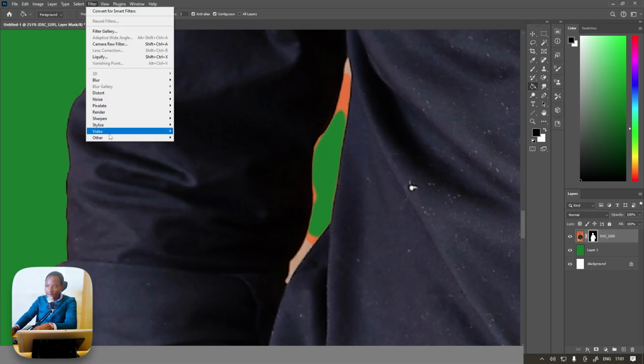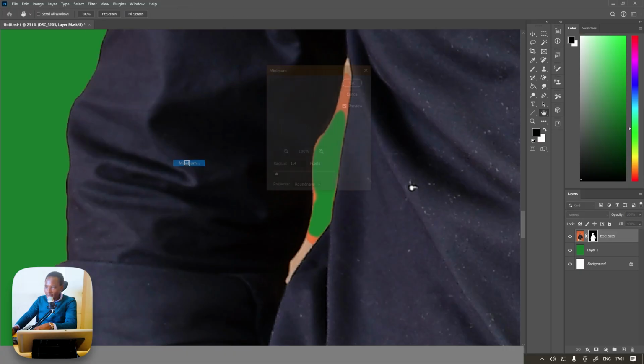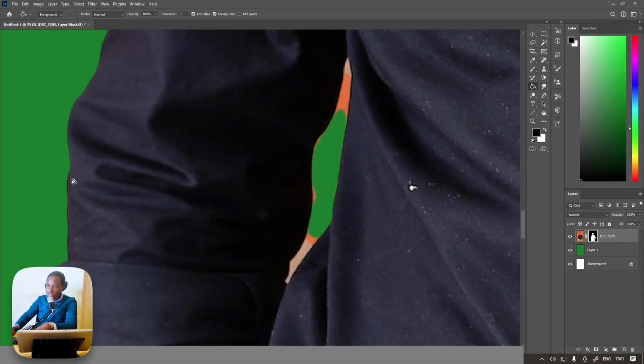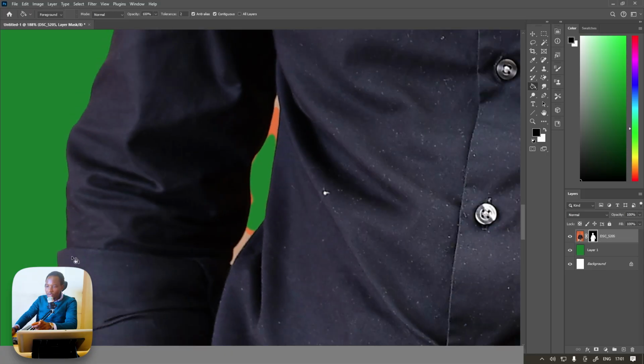go to Filter, Other, Minimum, and for this I'll use 0.9. The purpose of this is to make sure that these areas get more into the subject. For these other areas that were not removed by the inbuilt tool, I'm using a lasso tool, selecting around these areas,